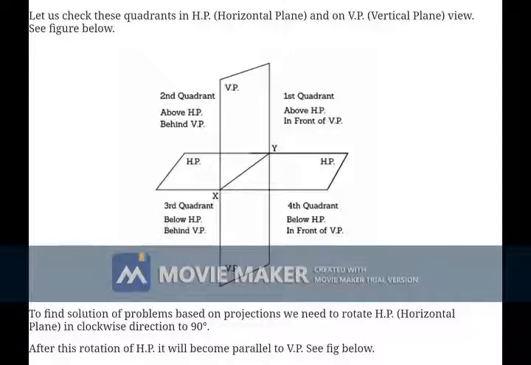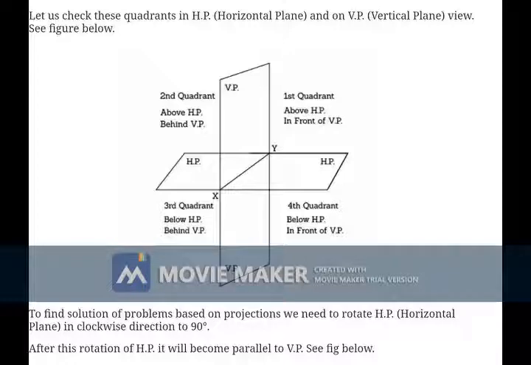Now let's see how to project the objects on paper. You may note down the X and Y reference line in the projected image, right? With respect to X and Y you are going to project this on paper. This is a 3D view we are going to represent in 2D, that is on paper. For that you have to rotate the planes actually.